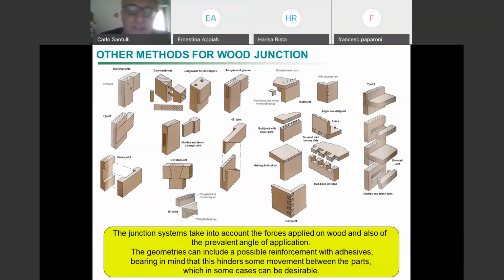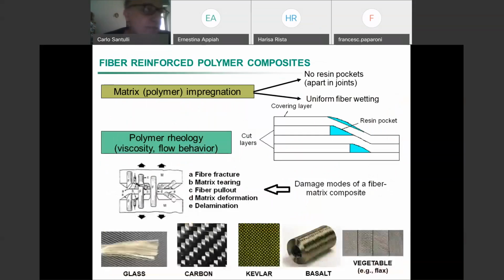Fiber reinforced polymer composites. What do I need to do? I have a matrix, which is polymer, and I have fibers. Usually I take this kind of fibers. Well, these are 80% of the market, it's glass fiber polymer composites. So fiberglass, the so-called fiberglass. And most fiberglass, 80% of that 80%, I would say, is made of thermoset, because there are some fields in which, as I have said already a number of times,